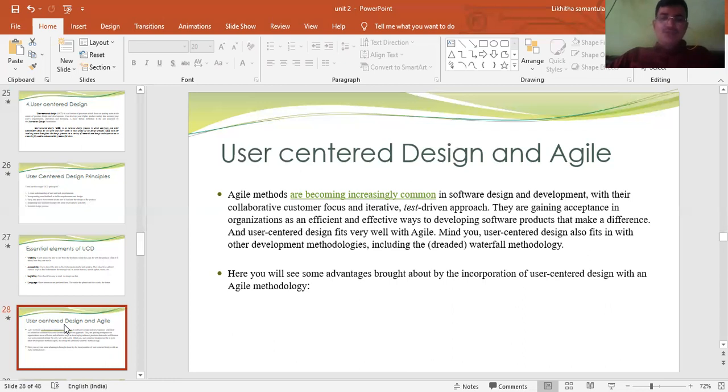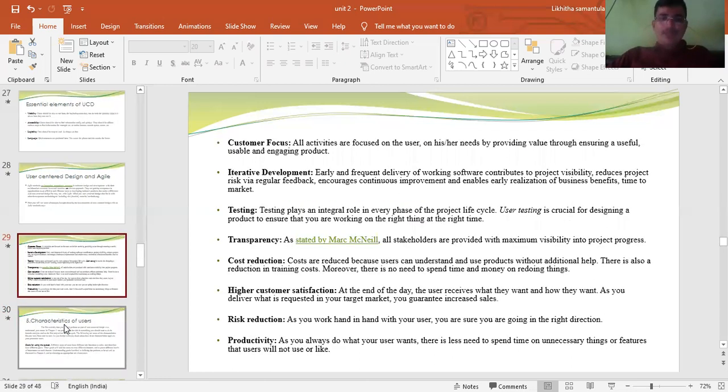Here you will see some advantages brought about by the incorporation of user-centered design with a Lean method. Customer focus. All activities are focused on the users and their needs, providing value by ensuring the usability and engagement of the product. Iterative development.